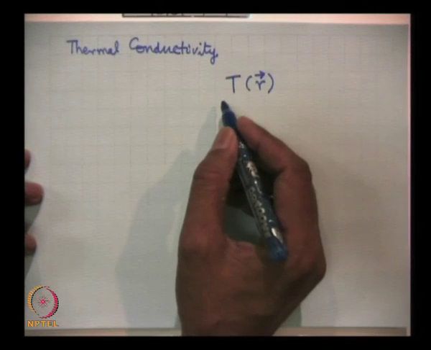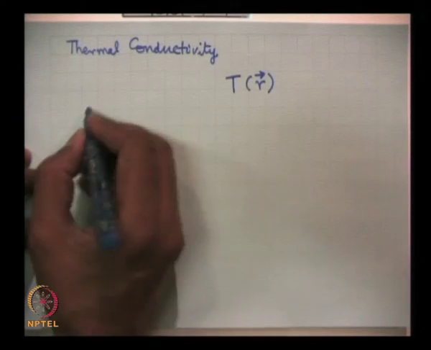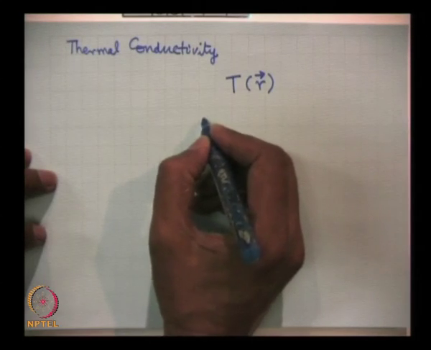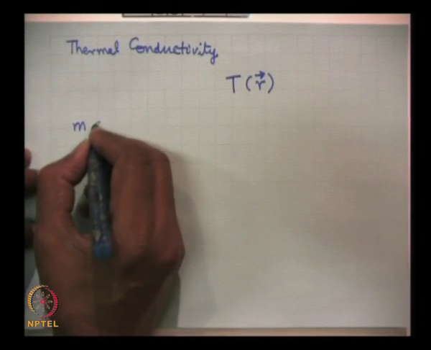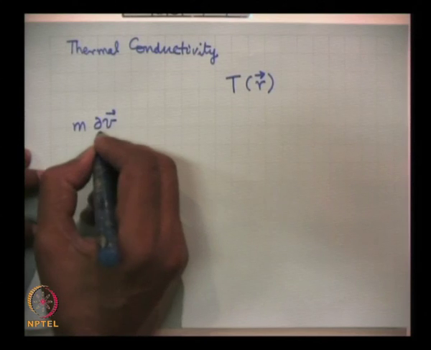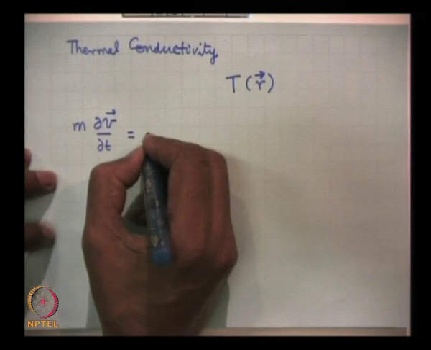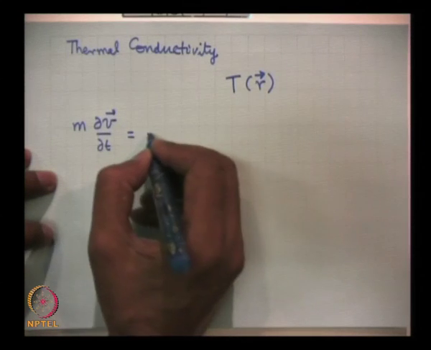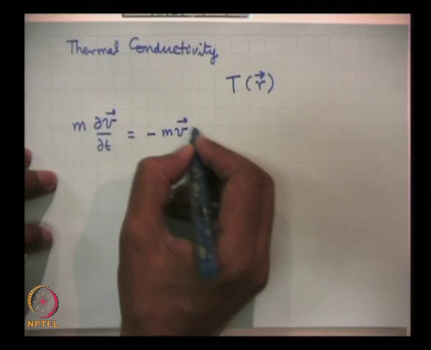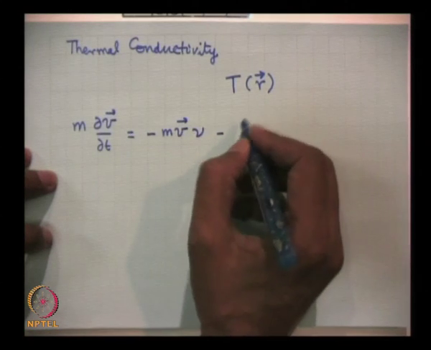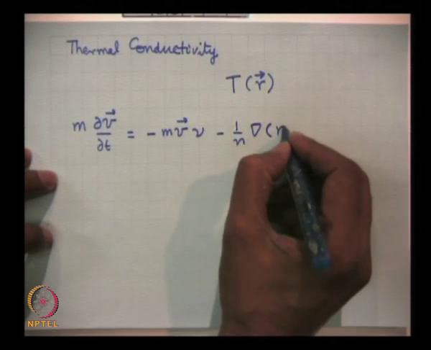and low pressure in regions where temperature is low. So, I will consider the electron motion. If you write down the equation of motion for the electron drift velocity, m delta v by delta t is equal to, there is no electric field, so I will not write the electric field term, minus m v nu, and there is a pressure term which is 1 upon n gradient of n T.